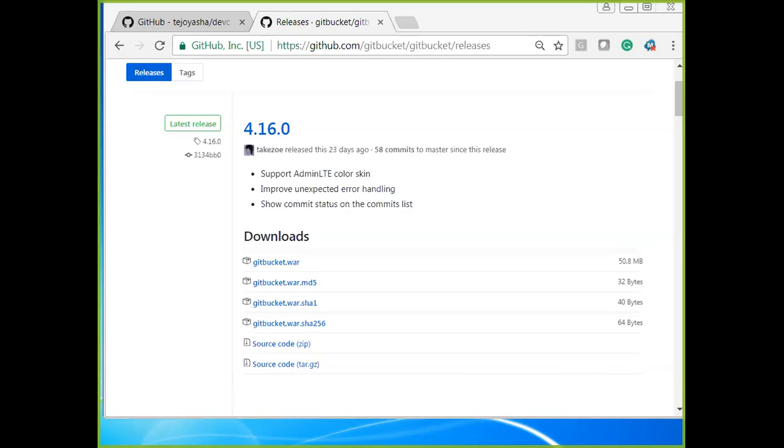Here is the link, and here is the chat window. Let me put it in the chat window. Okay, any other questions? Here we go. So you have to give that link and you will be able to go with that.